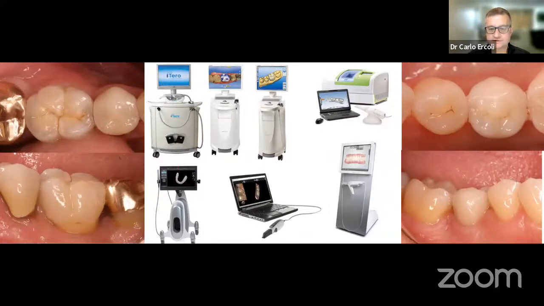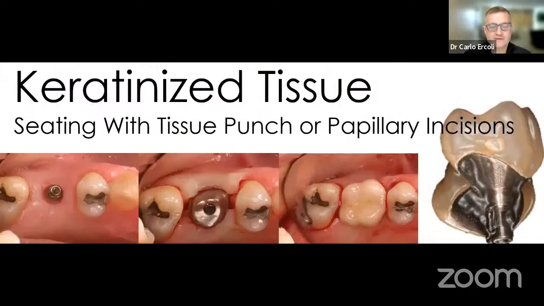By the way, regardless of the type of scanner that one might use, they all work extremely well for this type of application. But realistically, if you look at the picture on the left, you know that soft tissue has been shaped by the presence of a healing abutment. And generally, a healing abutment, especially in the posterior area, does not have the same diameter as a molar in this case. So as you go to seat your molar, it is often typical that the crown is impinging on the soft tissue, I should say,